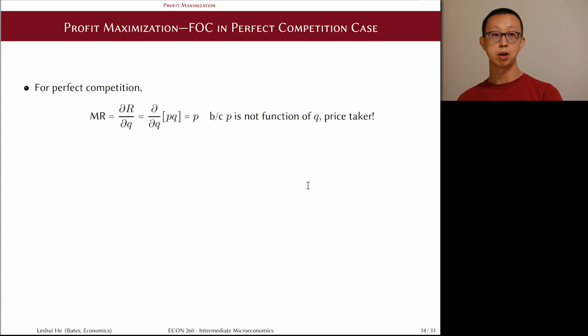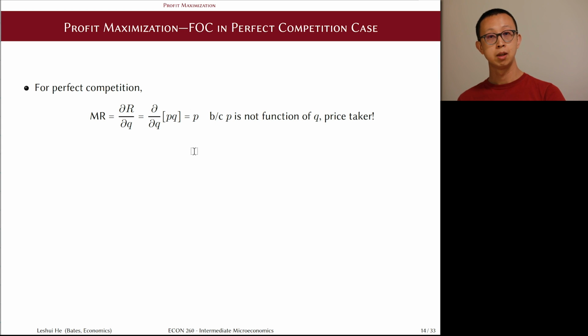In a perfectly competitive market, the residual demand facing each firm is perfectly horizontal, which means that regardless of the firm's output choice, it has no impact on the price on the market. In other words, the price in the market is a given constant for each firm that is independent of the firm's output level Q. And this implies that the marginal revenue of the firm is particularly simple, which is just the price